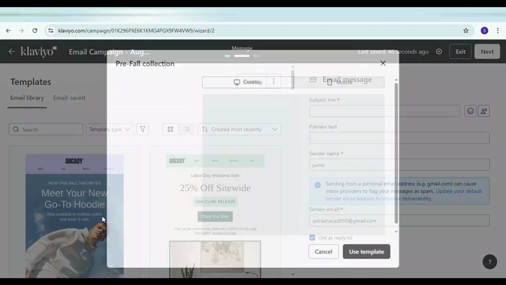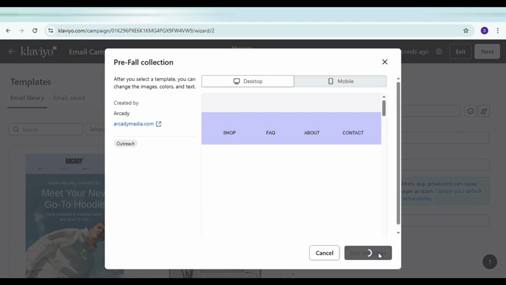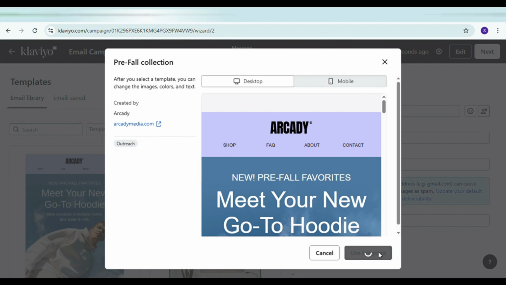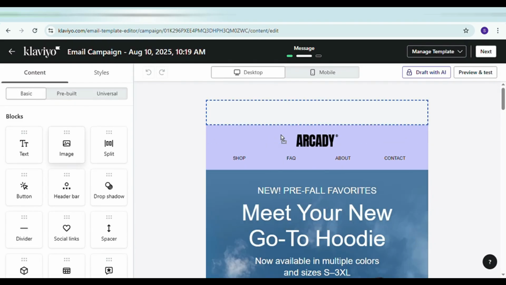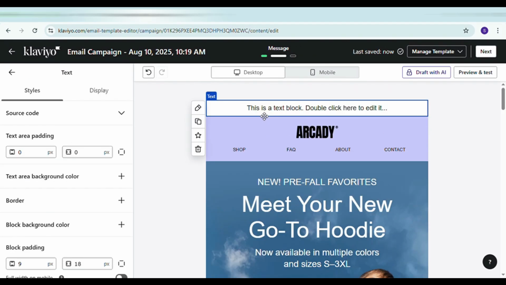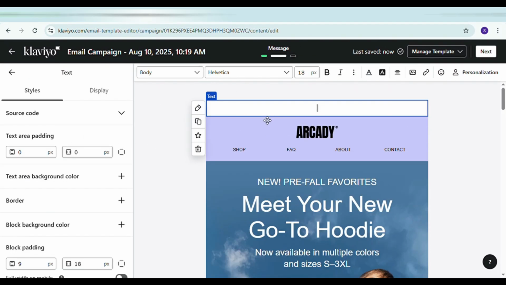Now, click Create Content and choose Use Email Template. You can select a ready-made template or start from scratch. Add your brand logo, brand colors, images, and a headline that stands out. Also, make sure to include a clear call to action, for example, a button that takes them to your website